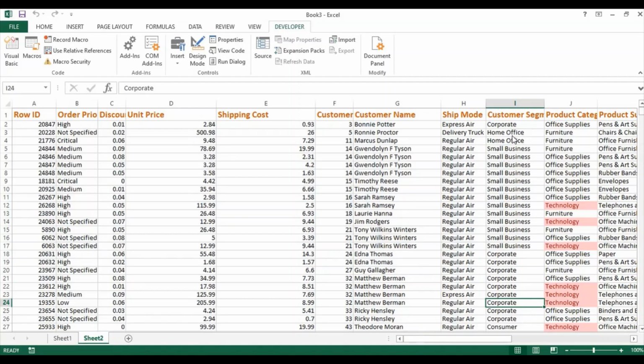It will help you in automating your task. If there are a certain number of actions or tasks which you do every single time, it's better to make macros out of it, and you can use it every single time. You just have to run the macro and it's done all at once. So this will help in saving time and also in saving effort. So this is how macros are used in Excel.